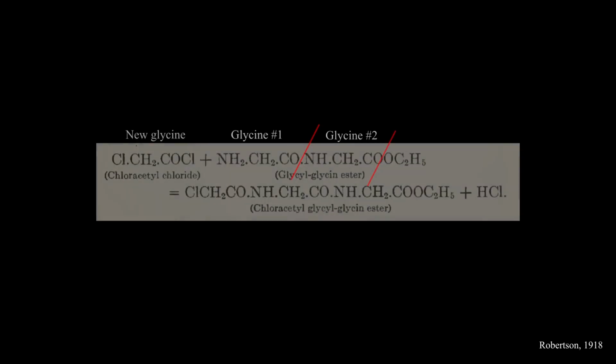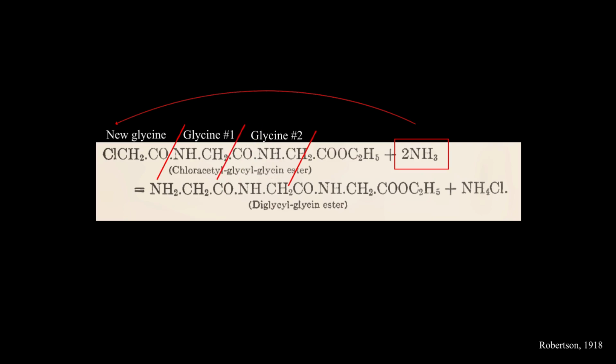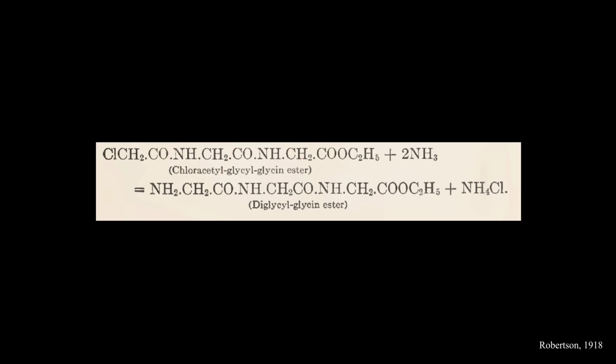Ingeniously, Fischer realized that if he stabilized the molecule with a glycine derivative bookmarked by two chlorine atoms, called chloroacetyl chloride, and then added ammonia, then the N-terminal glycine in the peptide would react with a glycine derivative, which would displace one chlorine atom in the process, whereas the ammonia would then react with the N-terminal of the intermediate molecule, and this would displace the other chlorine atom, and all this would result in the formation of a stable 3-amino acid peptide composed of 3 glycine amino acids, or diglycyl glycine ester.